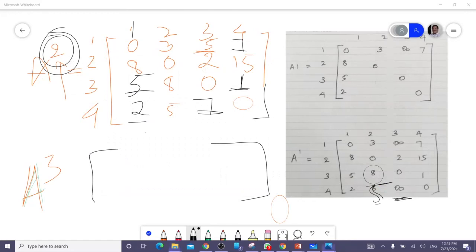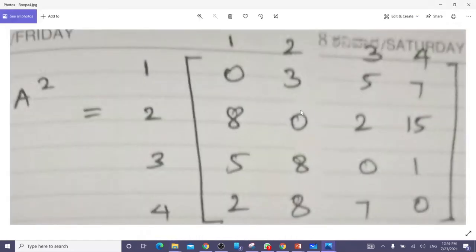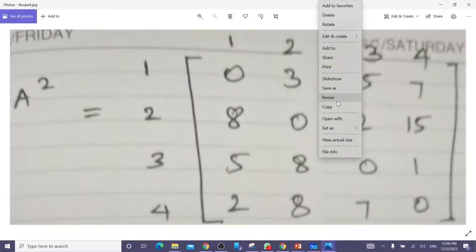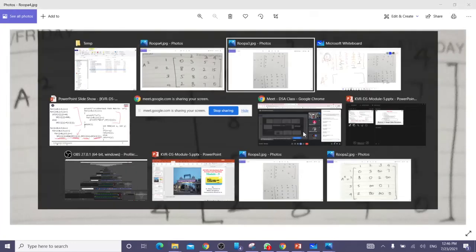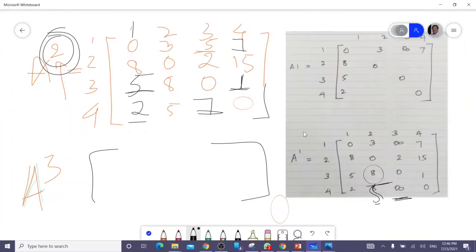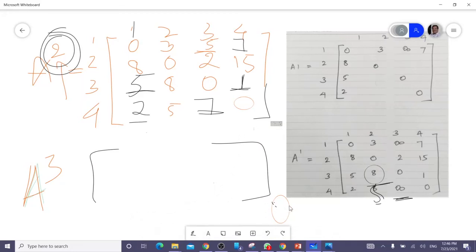You can see A2. This is what A2 we have deduced, and I've already calculated and written it.